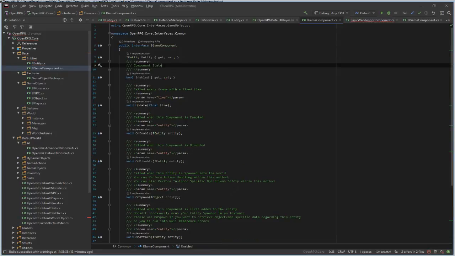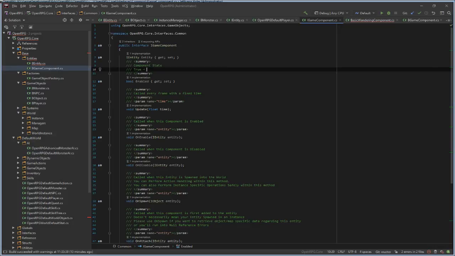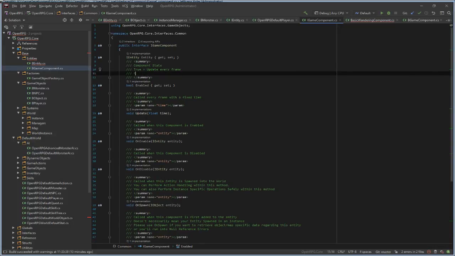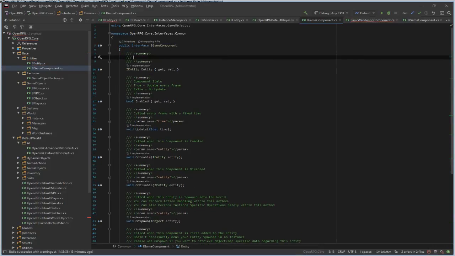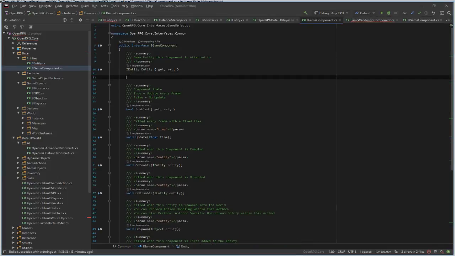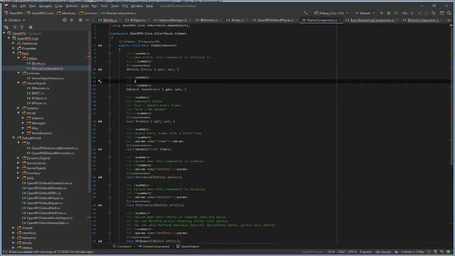Component state: true equals update every frame, false equals don't update. Game entity. The IObject game object this component is attached to.